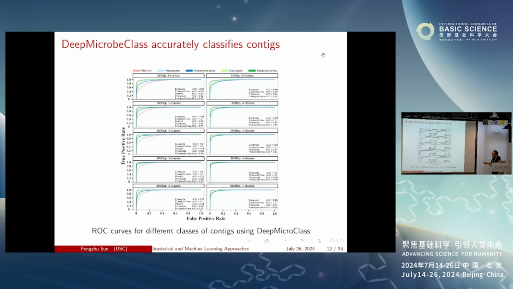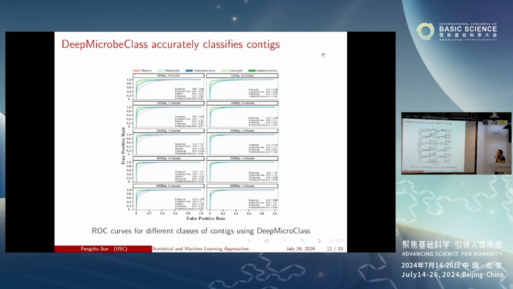For the plasmid, the AUC score is 0.9. For the precursor, the AUC score is 0.92. Similarly, for each of these, the plasmid and the precursor give you lower prediction accuracy, although it still increases with the sequence length. The reason for that is there is some similarity between the plasmid and the precursor, so it's hard to